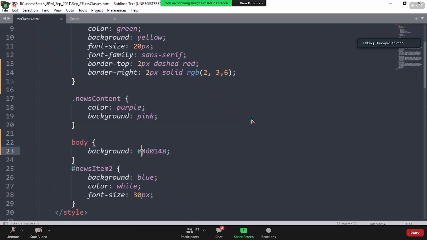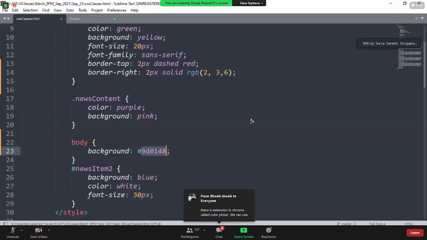Sir, we can also have all numbers, right? Yes. Is it compulsory that we should have at least one alphabet? No. That is what I said. If I say all zeros, it is black, right? Yes. So you can have anything, but whatever value you get will be added as a part of your color. That's it. It's not mandatory.